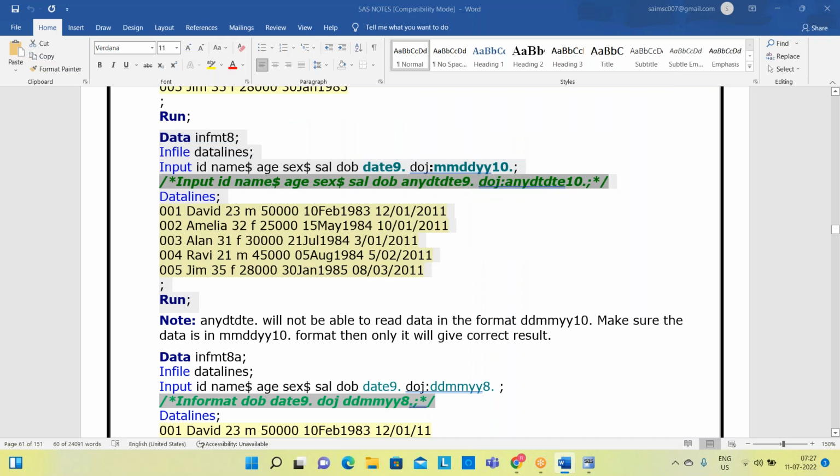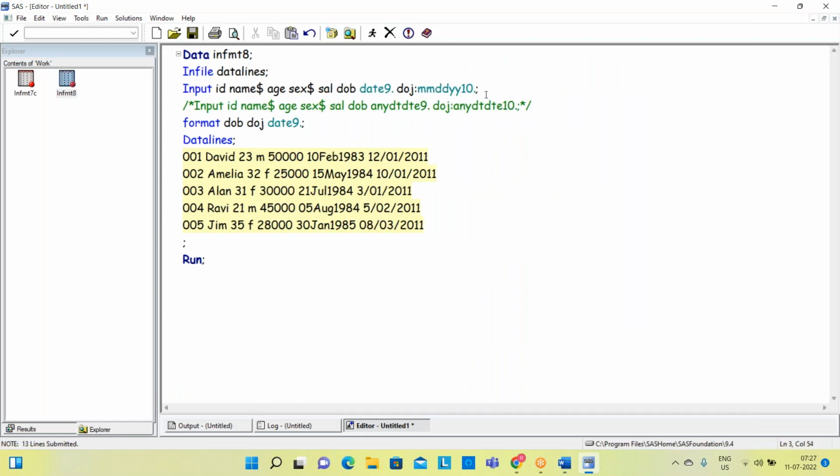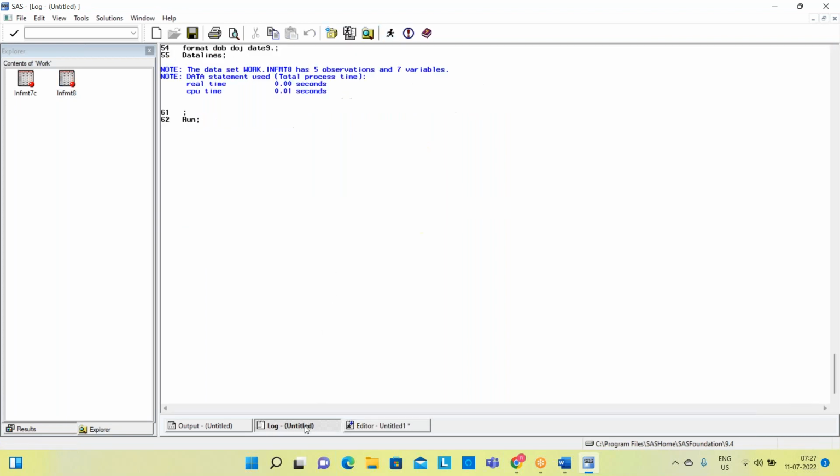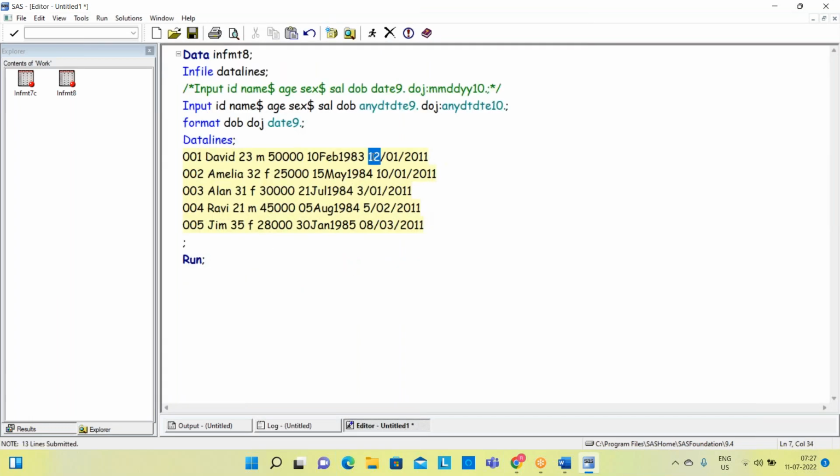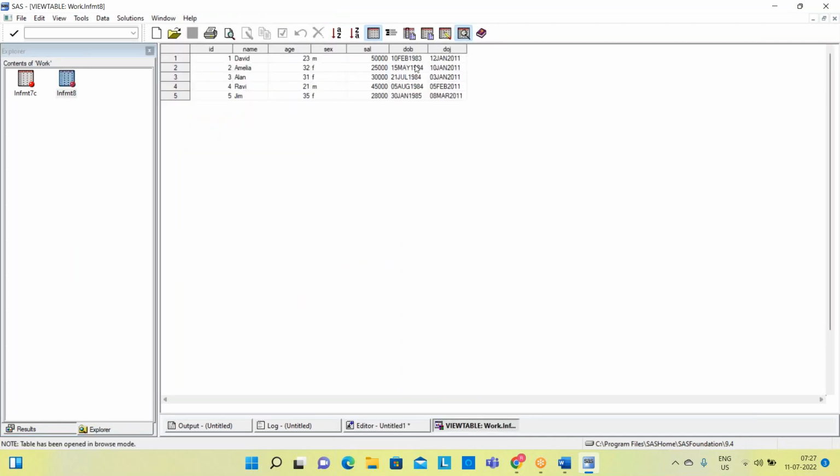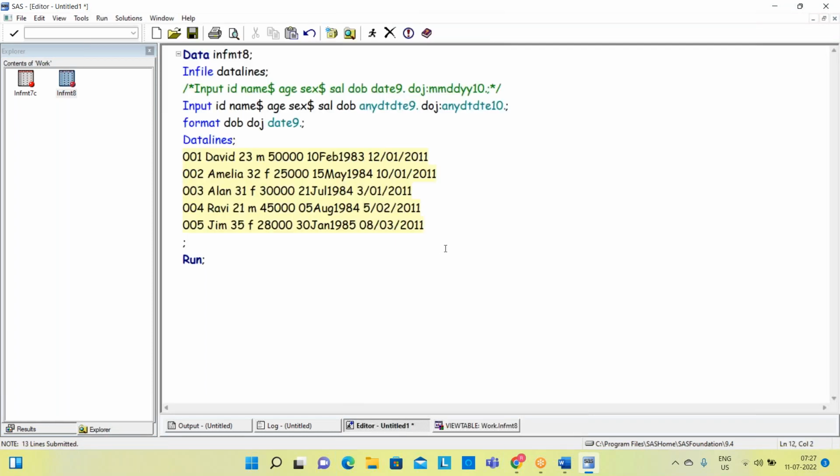Right. Next, suppose you want to handle this with ANYDTDTE., you can also handle it. You see, this is your ANYDTDTE. Right now, your informat is ANYDTDTE9., ANYDTDTE10. If you run the program, you see the log window, it is fine. And you see, right, the first one is December, right? It is month. 1st December 2011, you should see. 10th Feb 1983, you should see. So you see, right? February 1983, 10 Feb 83. And the second one, you see